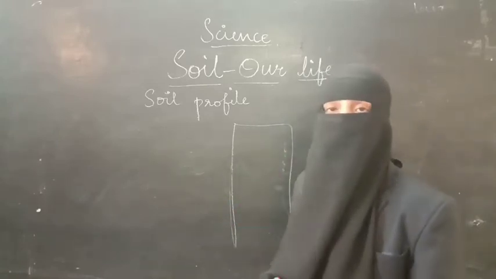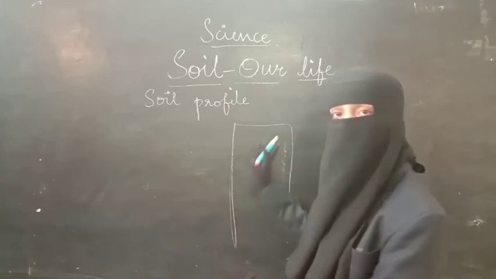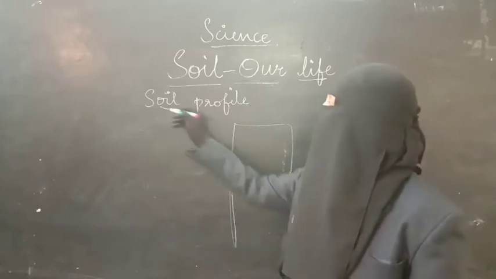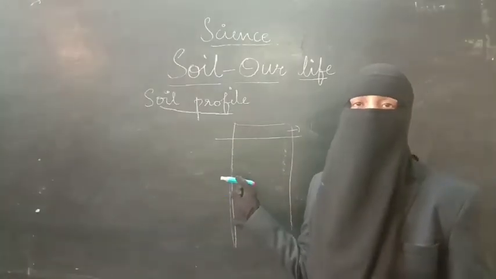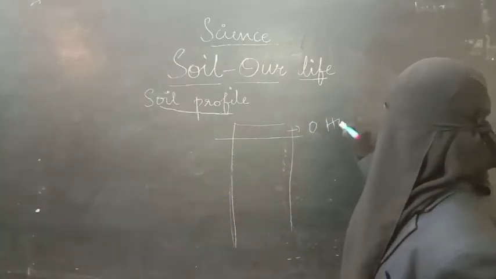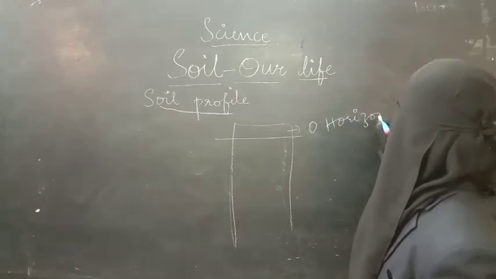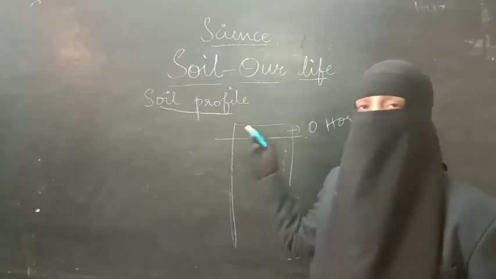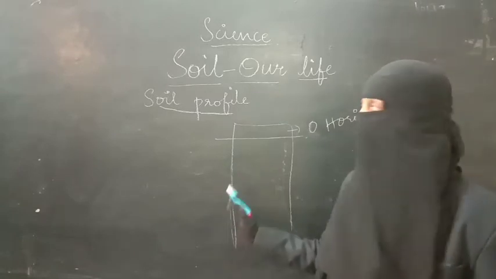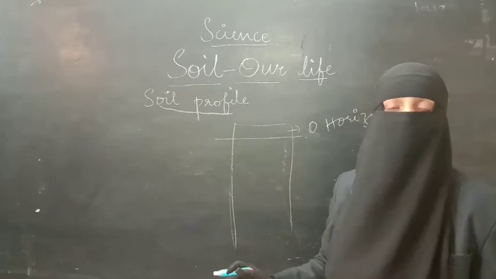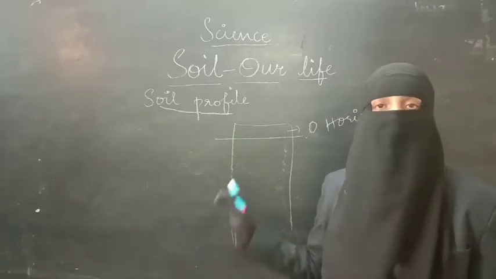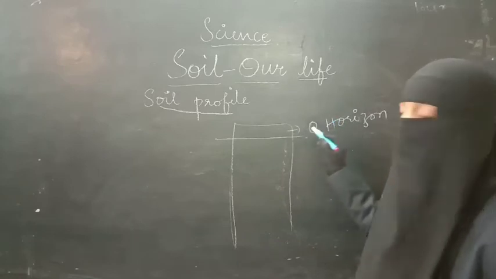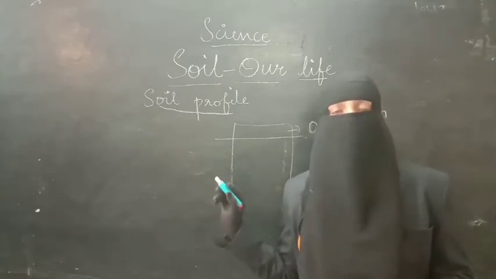So here, if you see this, this is soil for example. If this is the structure of the earth crust, then layer by layer we are going to learn about the soil profile. The first layer which we are going to learn here is O horizon. This horizon is also called the surface layer. There are alternate names for these layers or horizons. Soil profile collectively is made up of different layers or horizons of soil. So the first horizon, the first layer, is O horizon. It is also called the surface layer.